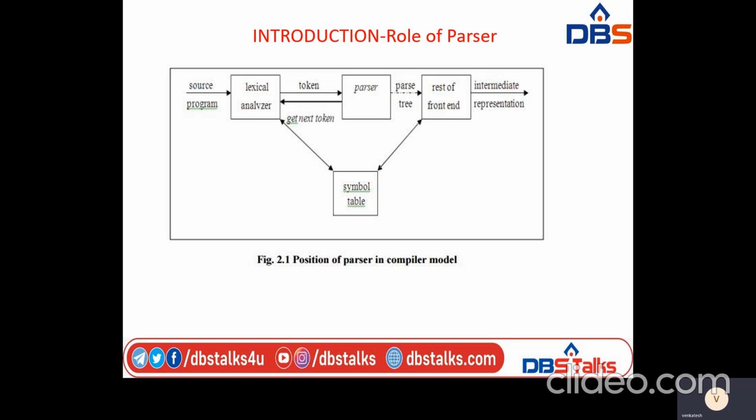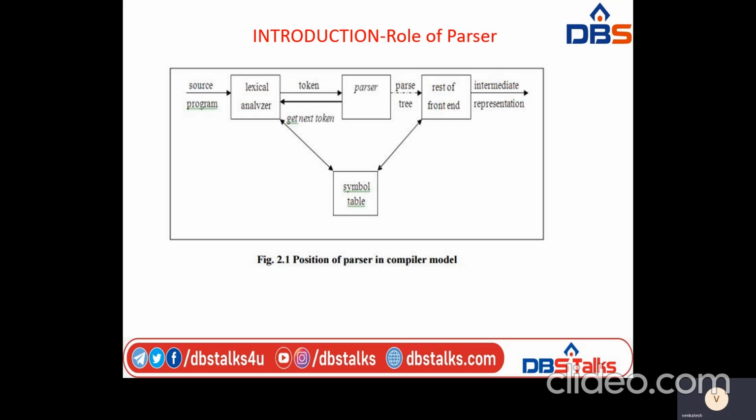At the same time, the lexical analyzer and the syntax analyzer interact with the symbol table, which stores the information about the tokens. The output of syntax analysis is a parse tree. This parse tree is given as input to the next phase of compilation, that is semantic analysis. Semantic analysis produces some output, that is a correct parse tree. Now this output is given as input to the next phase. Here semantic analysis also interacts with the symbol table.